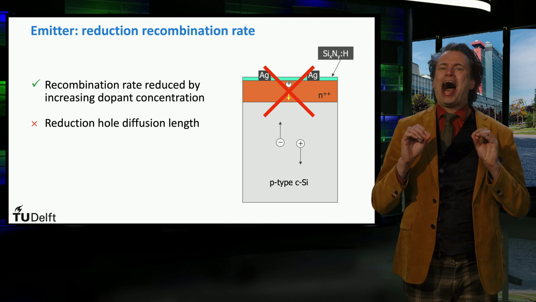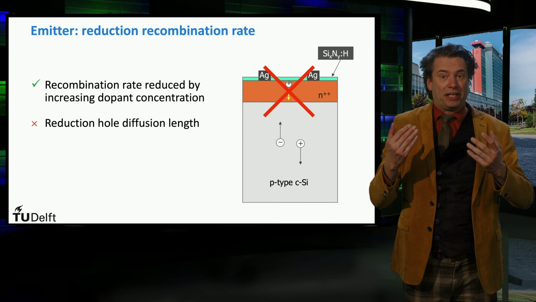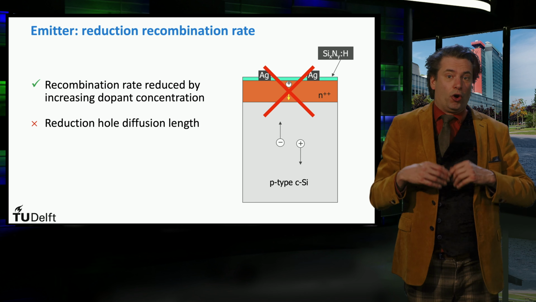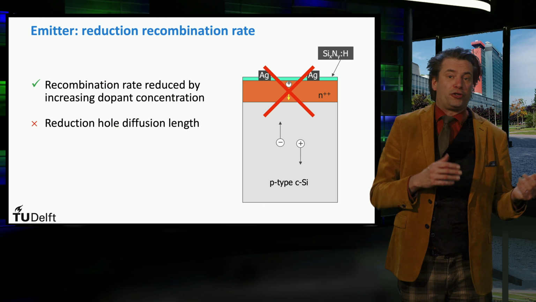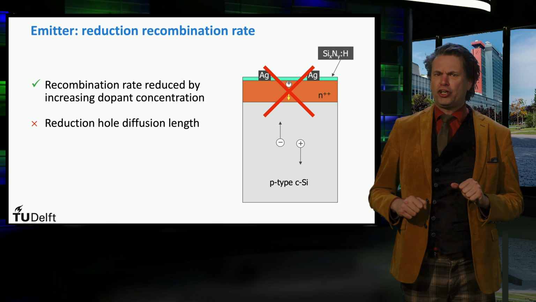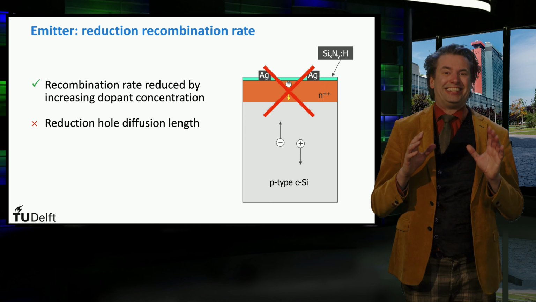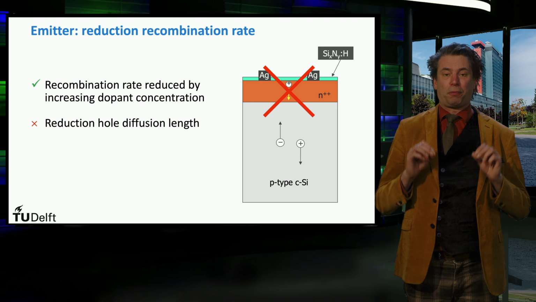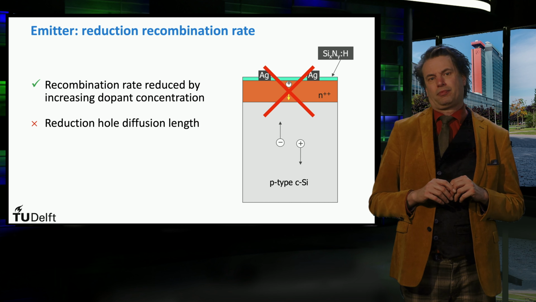Therefore, too high doping levels or too thick emitter layers would result in a poor blue response, or in other words, low external quantum efficiency values in the blue part of the solar spectrum. Such a layer could be referred to as a dead layer, as the light-excited minority charge carriers cannot be collected.